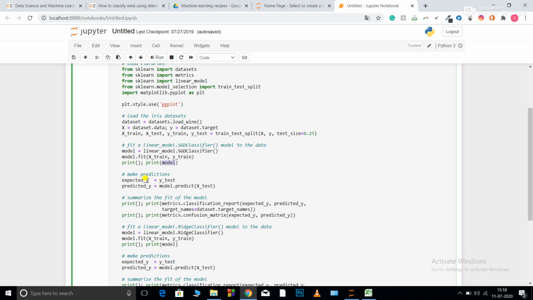Now expected_y is equal to y_test, and I have predicted my values for x_test by using the same model, and saved that under the name predicted_y. Now metrics.classification_report with expected_y as one parameter and predicted_y as the second parameter, and I want the target names so that it labels them properly. This will give me the classification report that contains the accuracy, recall, precision, and support.